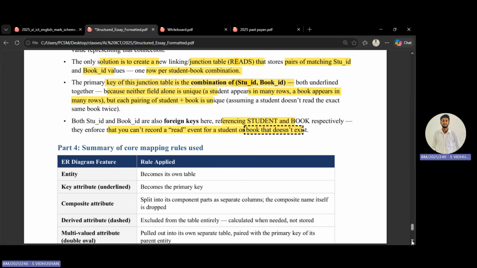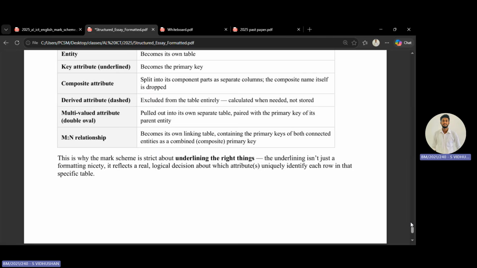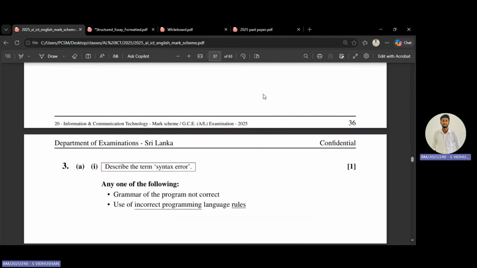A summary of the mapping rule is also included. So that brings us to the end of part 1 of the structured essay, and we meet for part 2